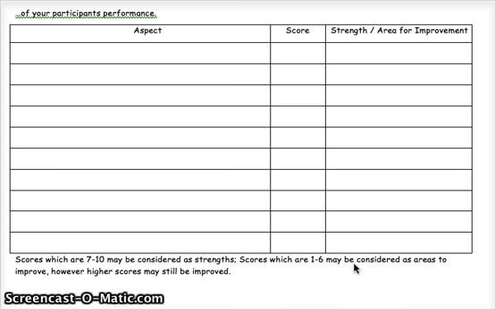Make sure whatever you decide, if it is 7 to 10 as strengths, it may be 6 to 10 as strengths and therefore 5 to 1 will be areas for improvement. The score should match whatever you highlight. If it's a 6 and you've highlighted 6 and above as strengths, you will write strength in this column. If it is 5 and below and you've identified those scores as areas for improvement, you'll identify it in there. This is important for when it comes on to the merit and distinction